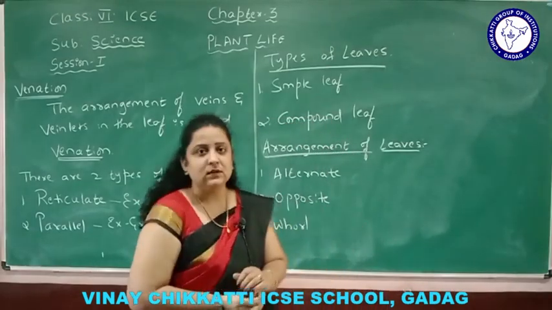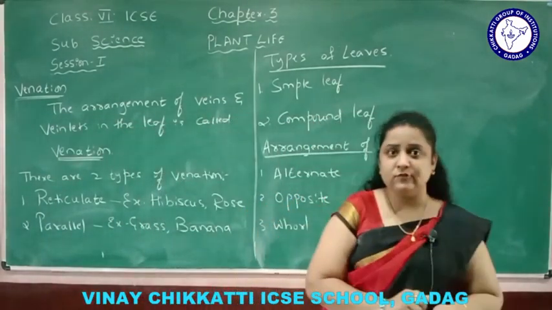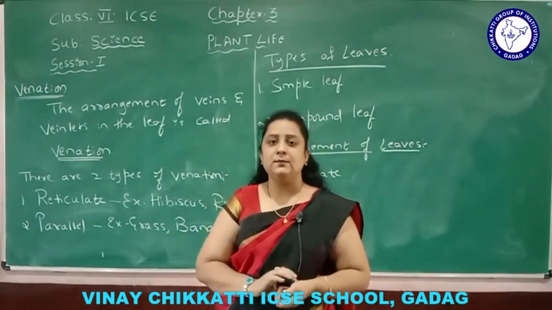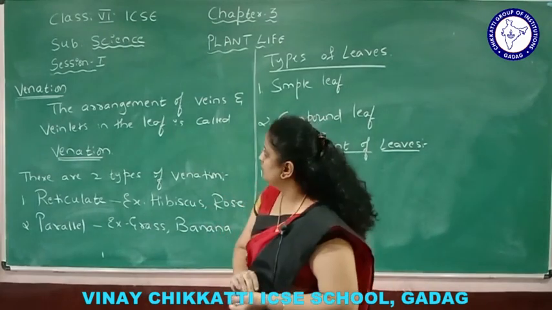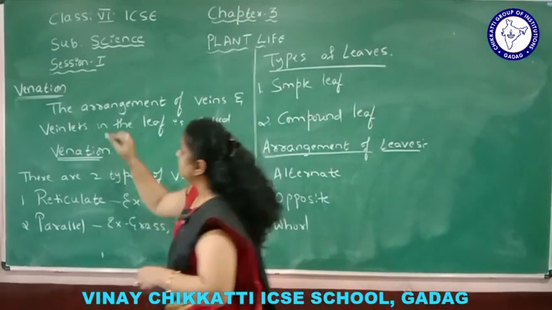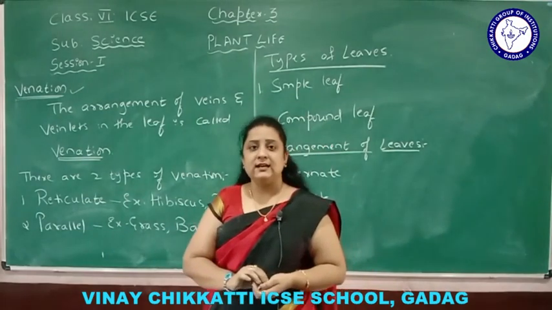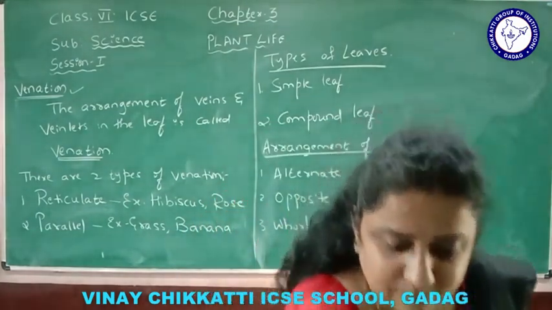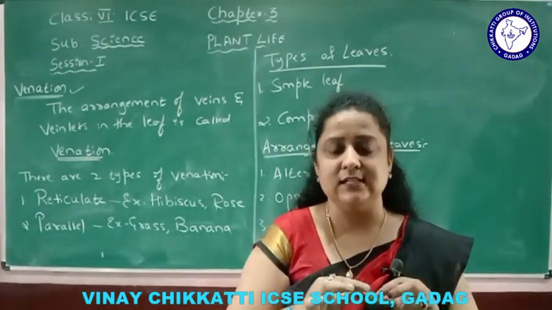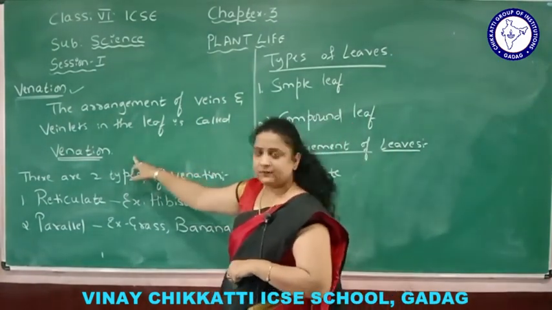So now we'll discuss a topic called venation. Till now we have seen what a leaf is and the different parts in a leaf, because leaf is a green flat portion arising from the nodes, and we have seen veins and veinlets also. Now what does the term venation mean? You have to define venation here. The arrangement of veins and veinlets in the leaf is called venation. Now you can see the leaf here, how these veins, how these lines are arranged.